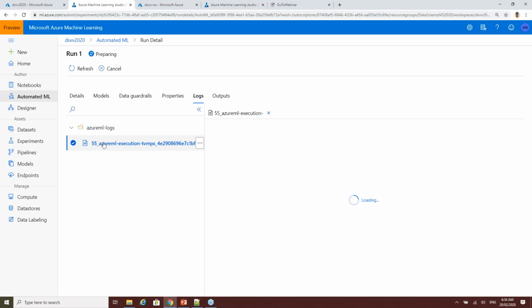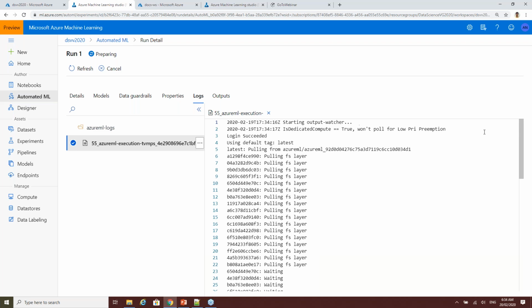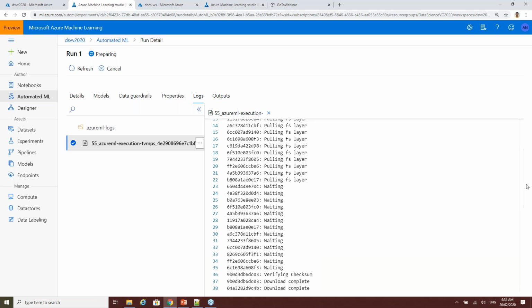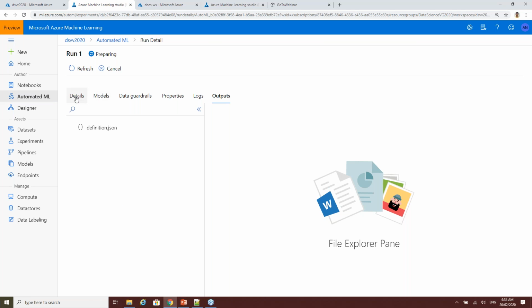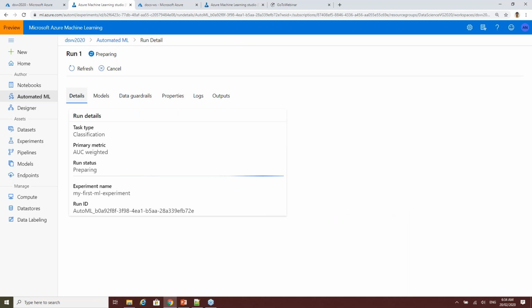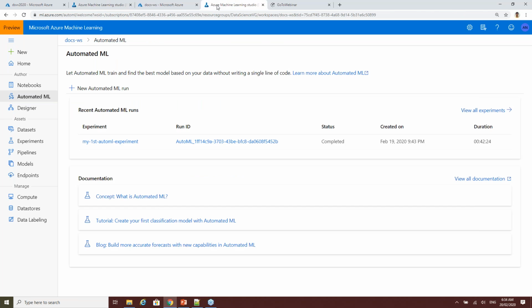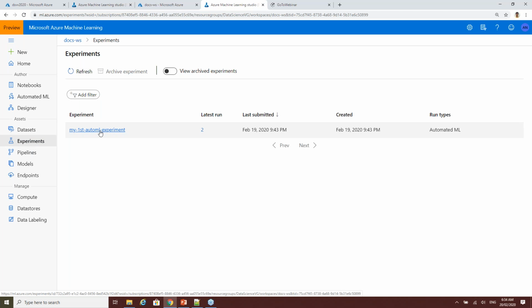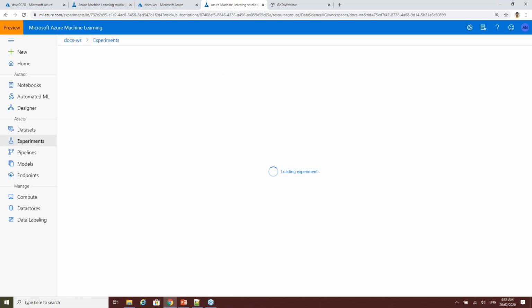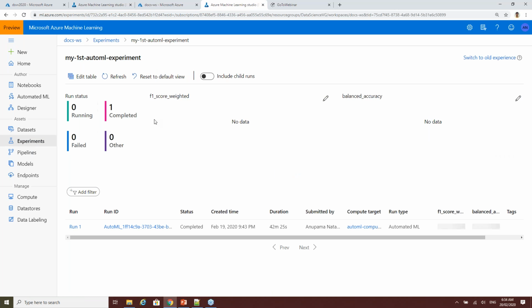And also you can start looking at the execution logs to see what it is actually trying to do. It's really good, because you can monitor the progress as it is doing what it is trying to do. Given it is going to take 10 to 15 minutes, I didn't want to bother you with that. So I have already run that model and I have the experiments available here. Here I'm just navigating to my experiment.